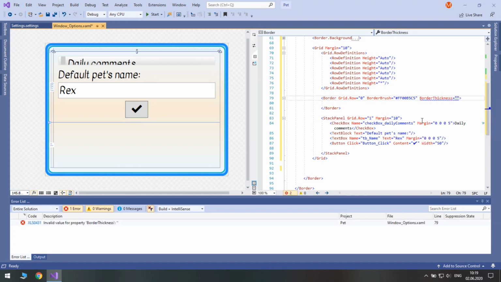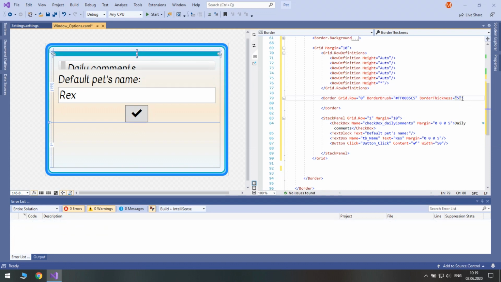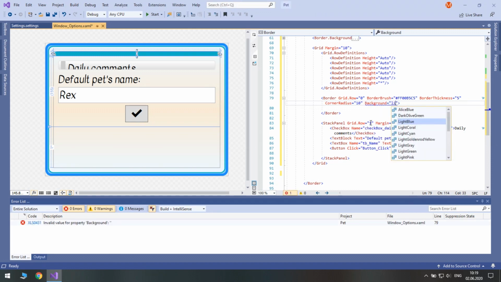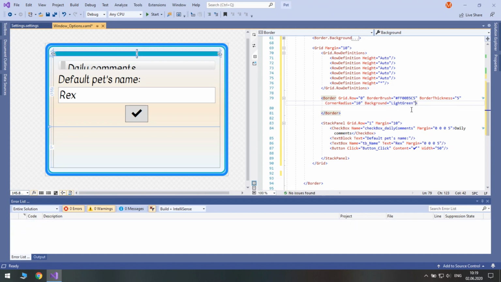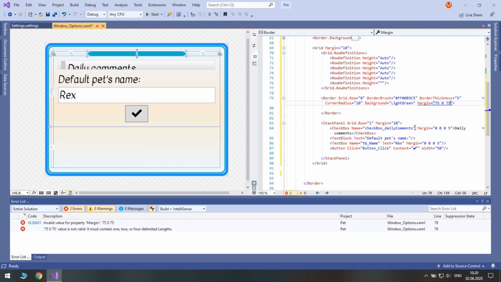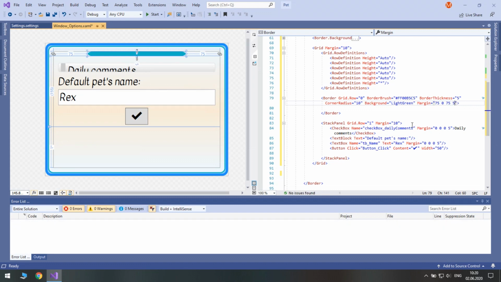Set the border thickness to 5. Good. Corner radius to 10. And background light green. Let's set margin on both sides. So 75 on the left, 0 to top, 75 on the right, and 5 to the bottom, just to separate